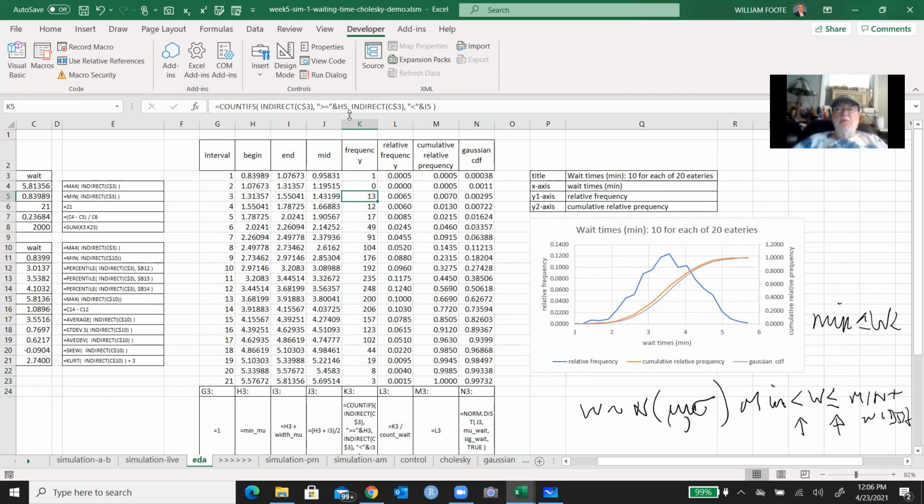COUNTIFS allows you to put multiple logical statements here. And I'm also using another thing called INDIRECT. INDIRECT of C3 goes to a named range in C3, wherever that is. Oh, it's weight. And that named range,